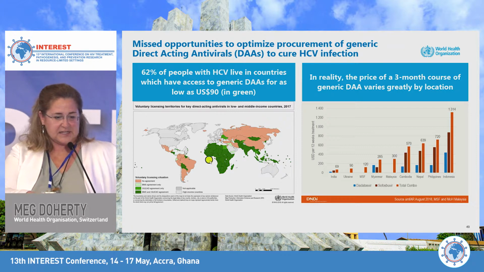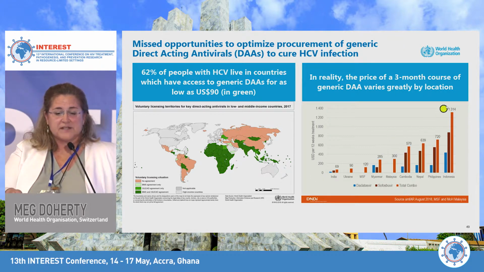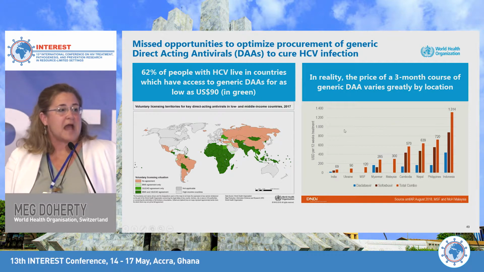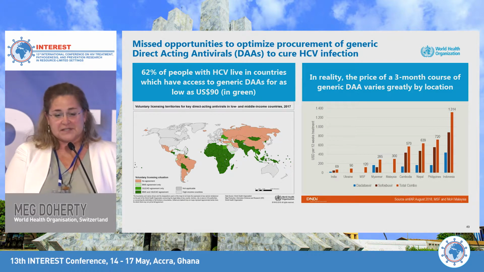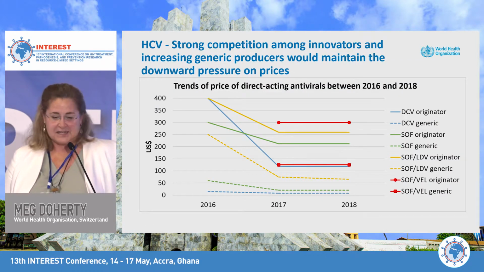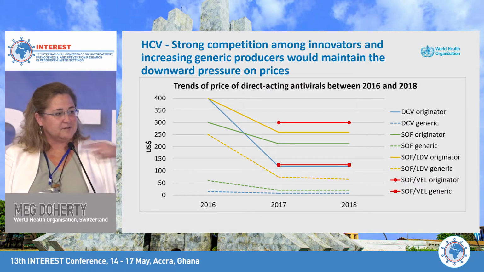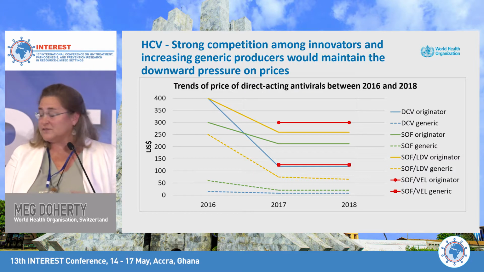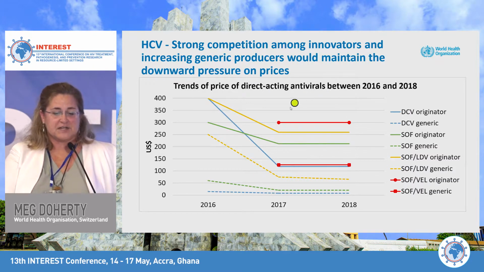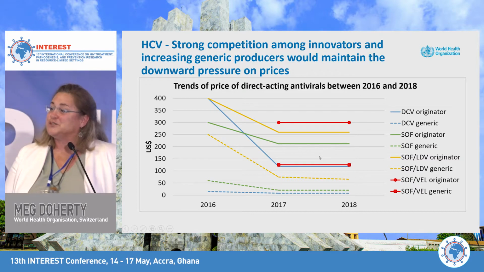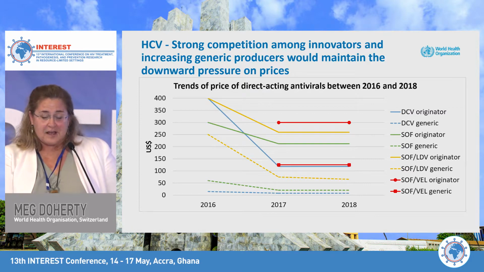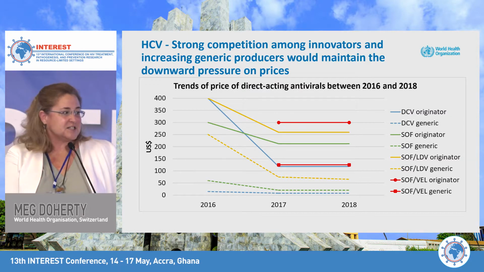Because we're following the uptake of guidelines, and as you can see, there's access to DAAs for hepatitis C at low prices in Africa, but not in many of the parts of the world in Asia where we need them. And the prices vary greatly. So this is where activism that the HIV community has put into reducing prices can also be used in hepatitis. And what we saw in those slides earlier on the suppression or the reduction of drug pricing, what we're seeing with the hepatitis C drug pricing is not as rapid a decline. So what can we do, and what kind of research or activism could you do to change that trajectory